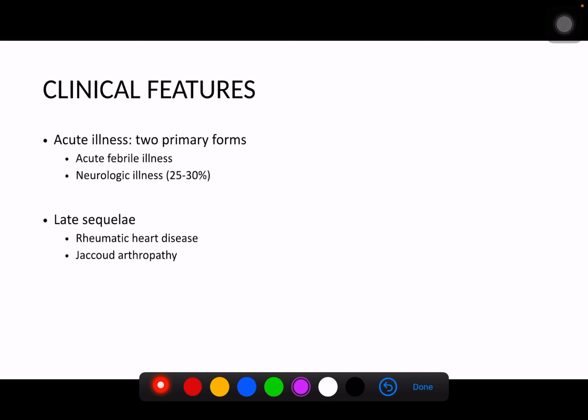Now let's talk about the clinical features. There are two primary forms. We'll talk about the clinical features in the next